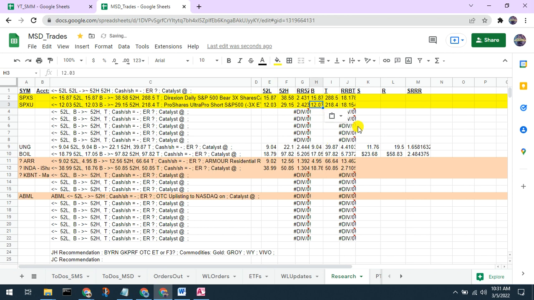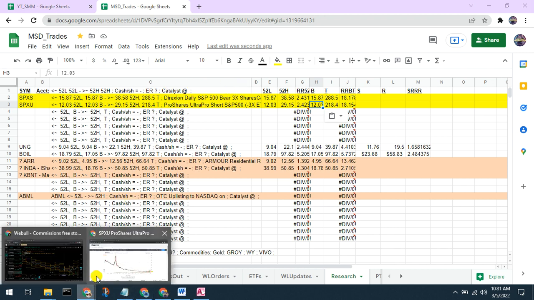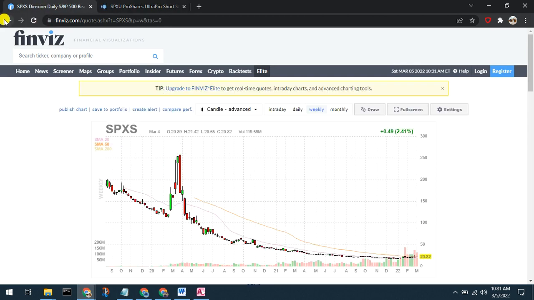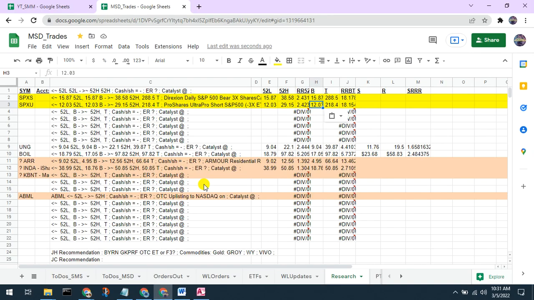So I just copy the 52-week low to the bottom. Again, for SPXS, we see the reward to risk from the top to bottom is 18.17. For SPXU, it's 18.15. So barring any other information, looking at the charts, if you happen to like the movement in one versus the other, etc., there are other minor factors, but in this case, just doing the reward to